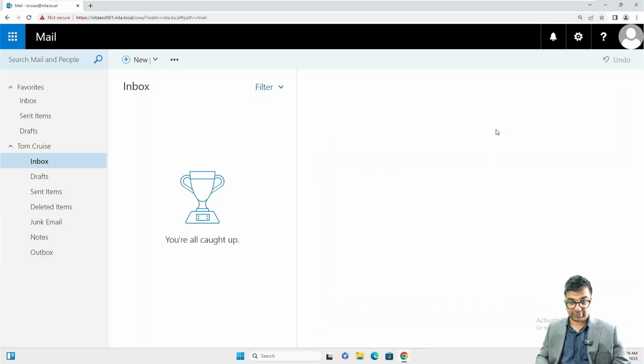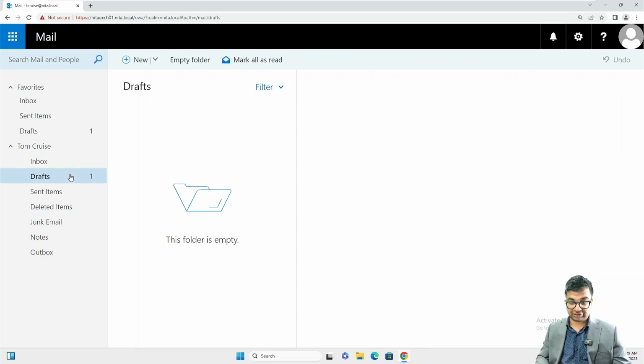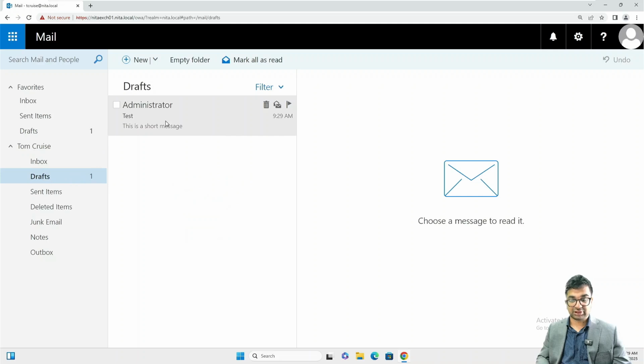Now we can ensure that this email is here, it's in the drafts. You can see it's in the drafts now. It was first in the outbox, then it was in the drafts, and then it came into the sent items. Okay, now that this is done,